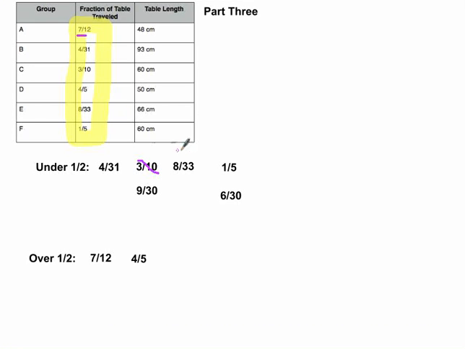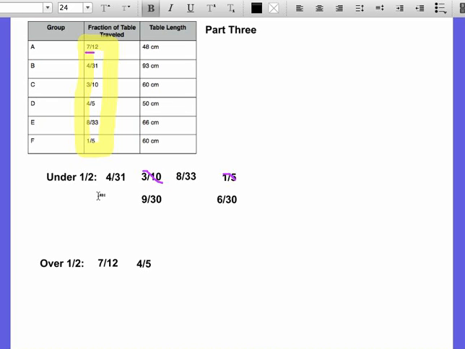Now we can begin to compare. And if I'm going to look for the smallest here, even though in this problem 4 out of 31 has a denominator bigger than 30. And so that's like saying we have a bigger table, and our mealworm traveled even a lesser distance on the bigger table. And what I mean by that, and this is where it comes into a tough concept,